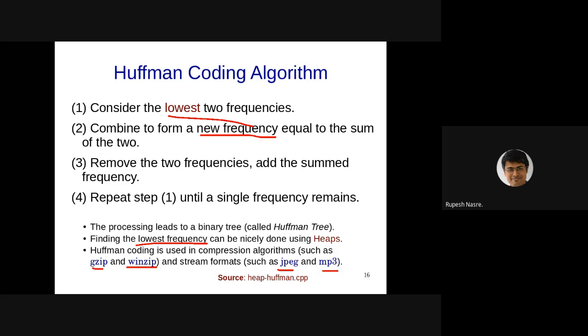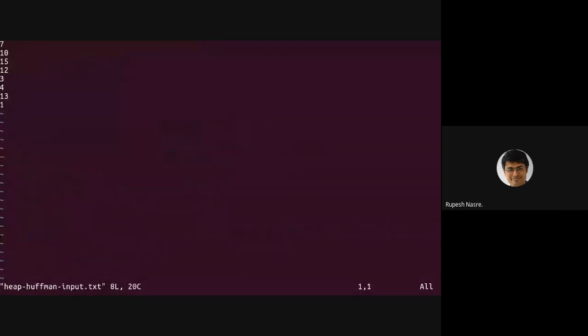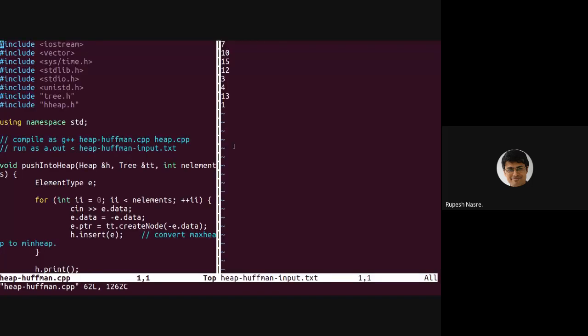Let's first look at the code. So this is one input which the code takes. You can specify these frequencies coming from a file.